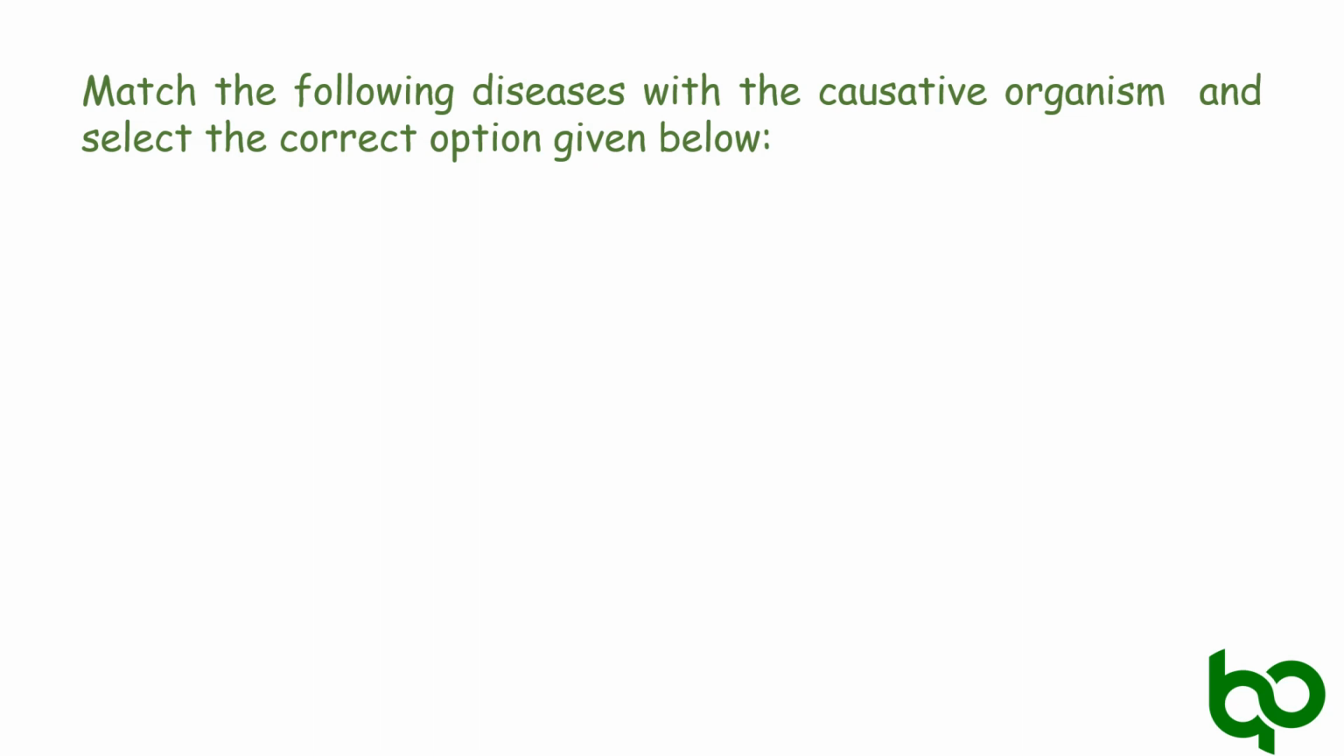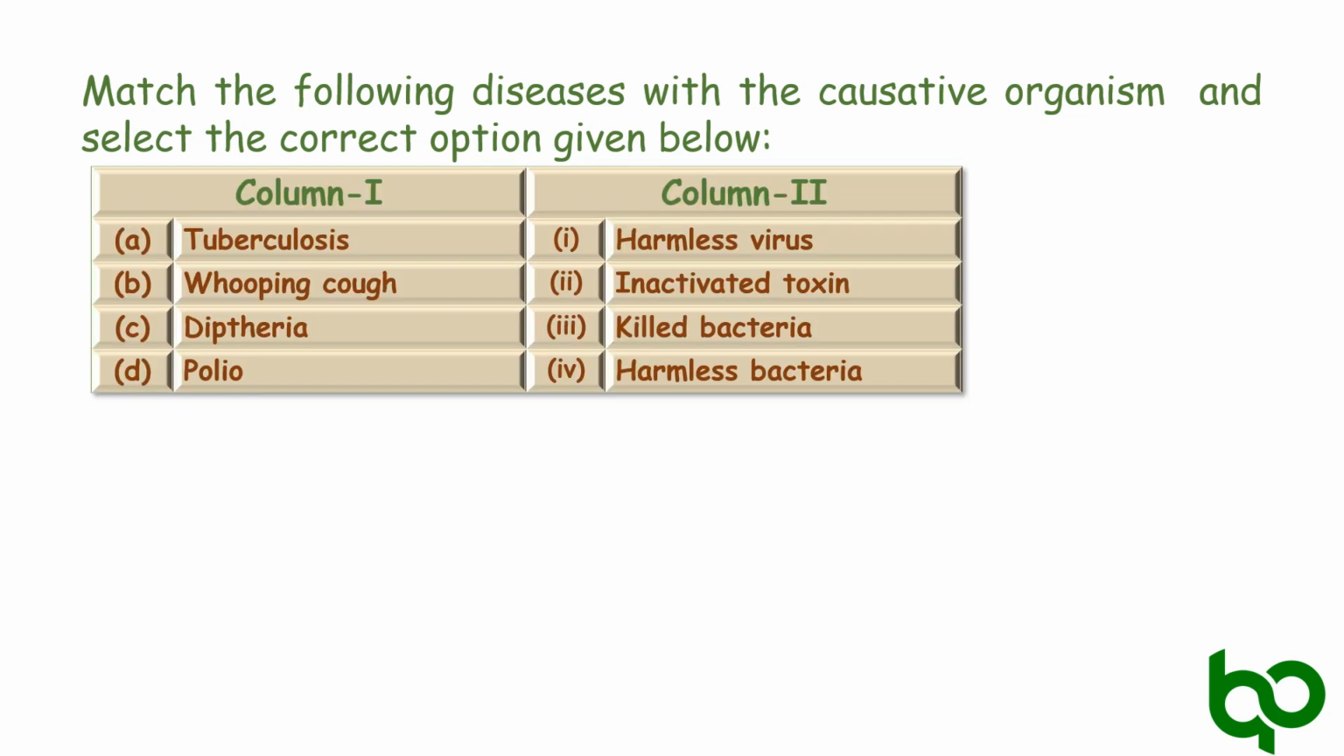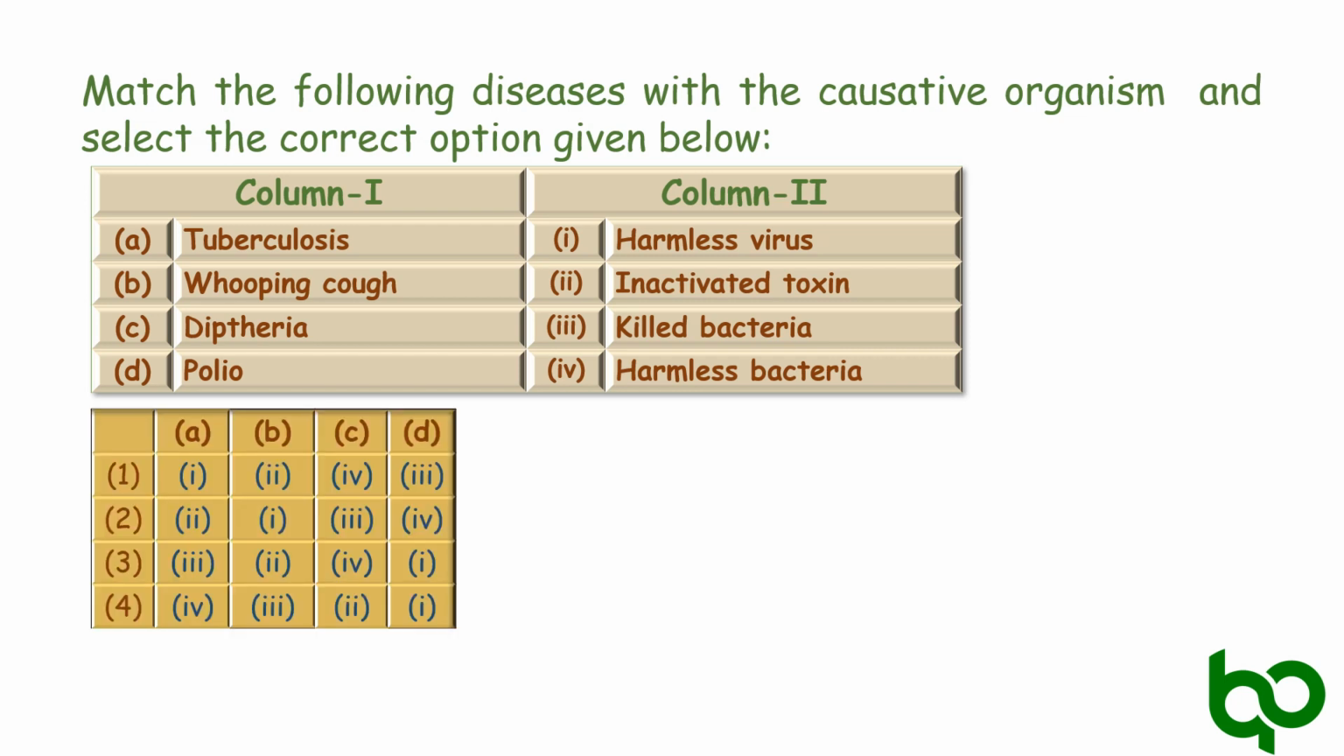The next question, match the following diseases with the causative organism and select the correct option given below. Column 1 contains different types of disease and column 2 contains the causative organisms or their characteristics. The options are following and the correct answer will be option 4, because